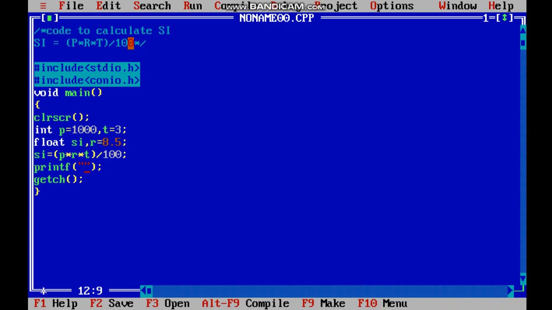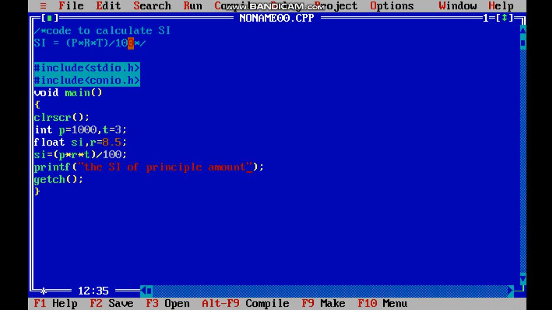Okay, now what I'm going to do: the SI simple interest of principal amount. If you want, you can add the simple interest of the principal amount.